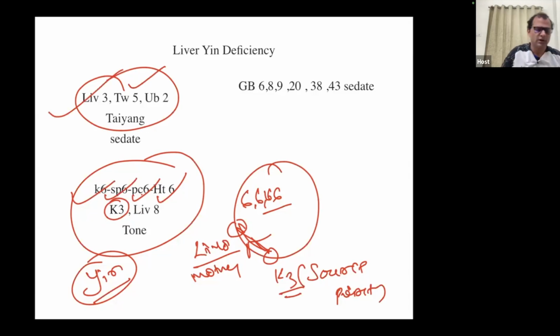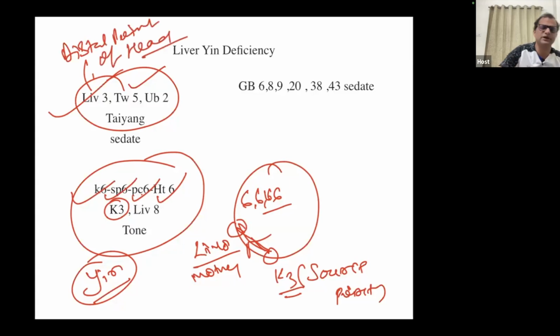Number 1, liver 3. Liver 3 is the distal point of the head. Any problem happening in the head, especially the side of the head, liver 3 is one of the great points. If someone has pain on the side of the head, we use liver 3 as a distal point. Number 2,